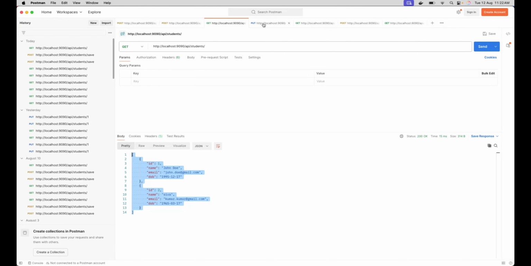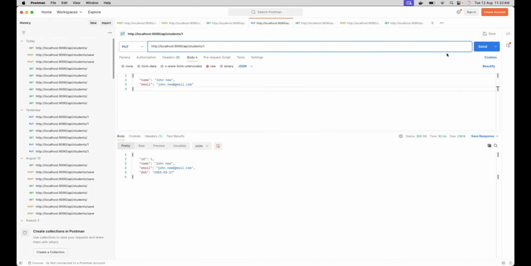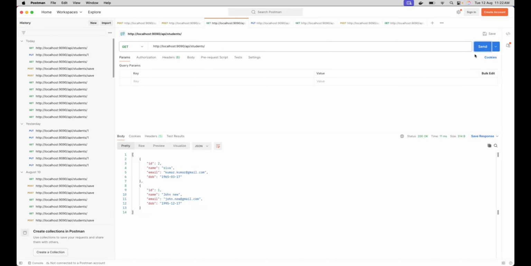Okay, and the PUT mapping as well. It should work without any error. See here, the modification. Okay. Now